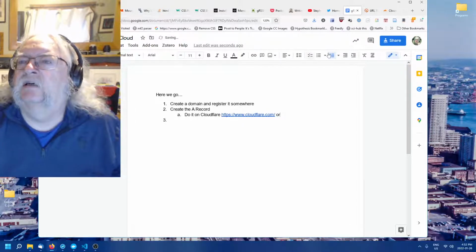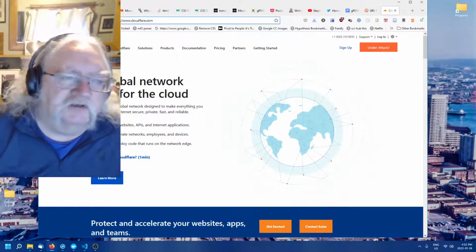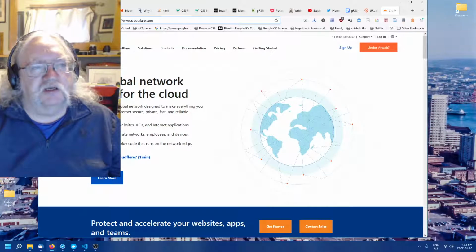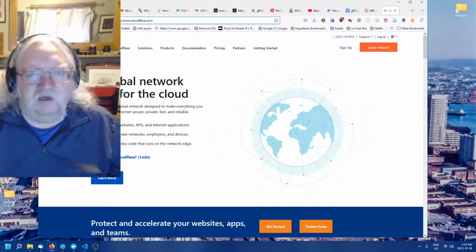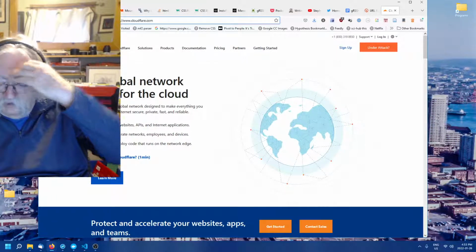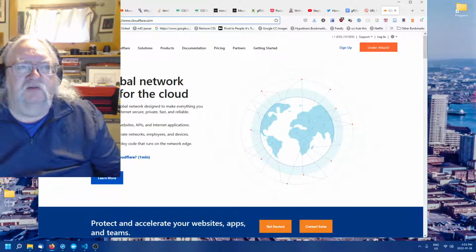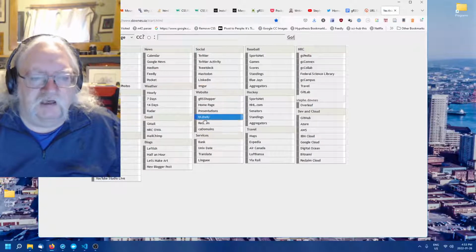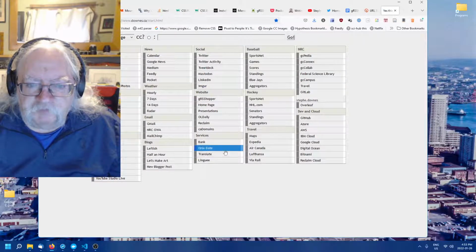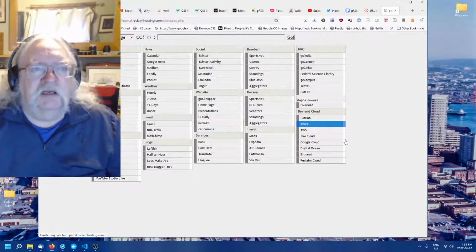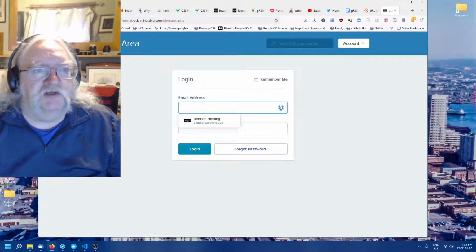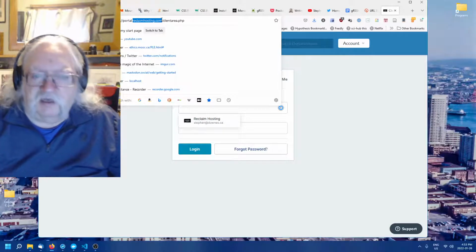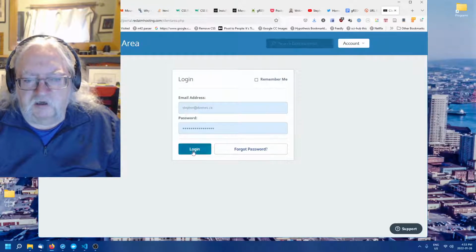Or now I do it on Reclaim. I also use Reclaim Hosting, not Reclaim Cloud, for the rest of my A records. Following what Jim said, I'll probably move all of this to Cloudflare, so I've got it centralized. But that's not where I have it right now. So I'm going to go to Reclaim. Now this is the main Reclaim site, so reclaimhosting.com. All right, and so I'll log in here,